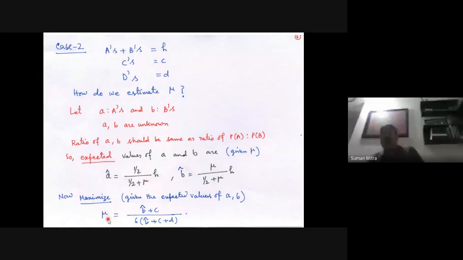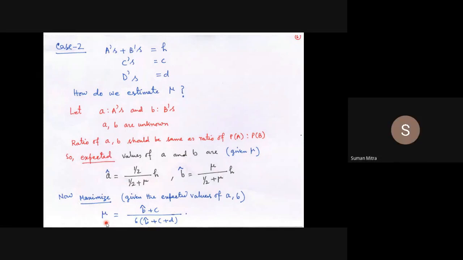So what is the first step? First step is to find the expected value of the unknown data given the parameter. That is the expectation process. The next step is maximizing the parameter once we know the expected value of the unknown data. So it is a two-step process: expectation, maximization. Right? So how do we proceed with this one? We proceed like this.